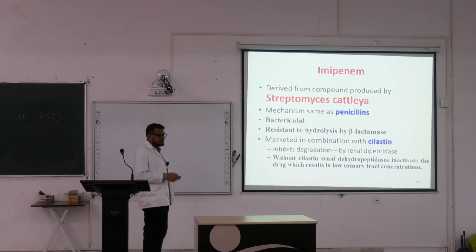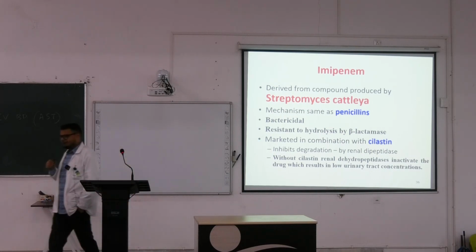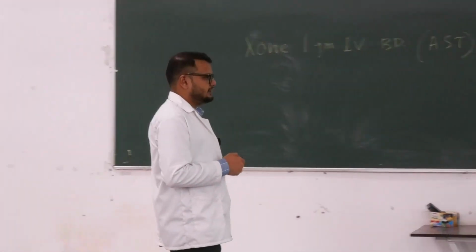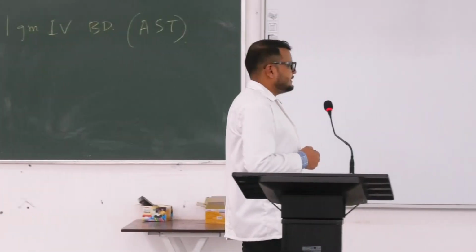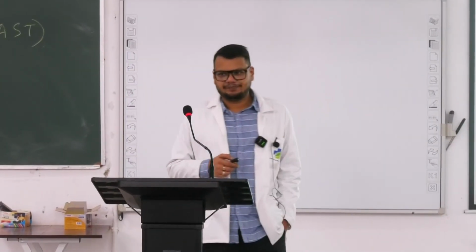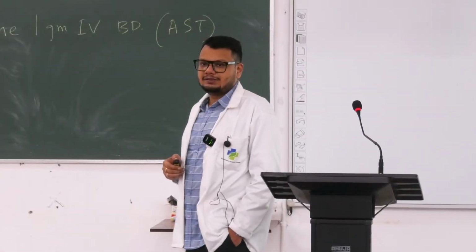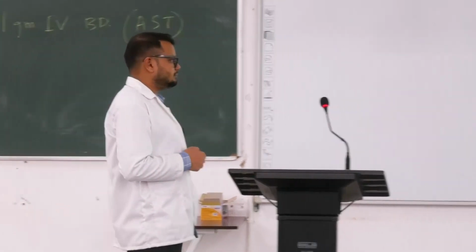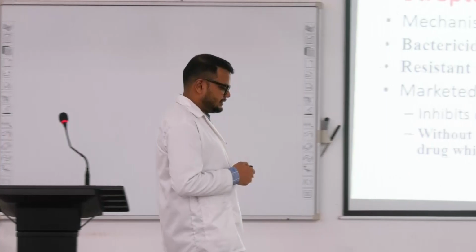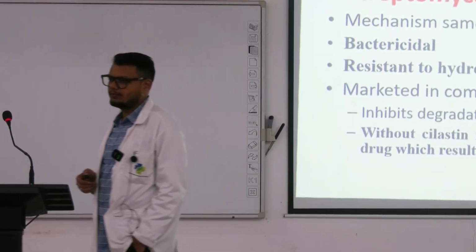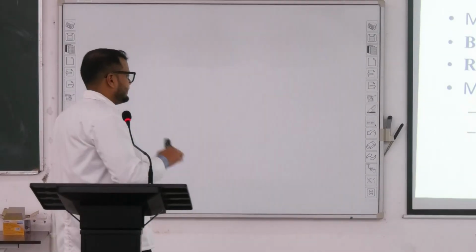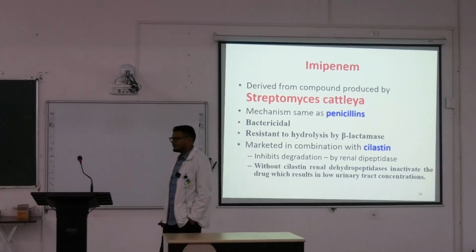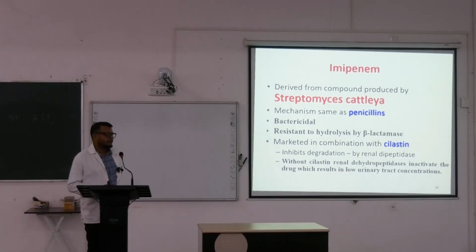Why is it added with cilastatin? Very important. Explain why imipenem is added with cilastatin. Synergistic effect. Number one, write number one, that cilastatin inhibits the renal